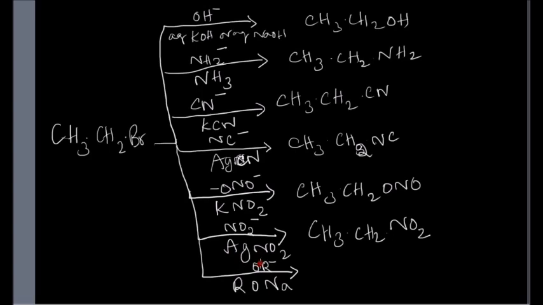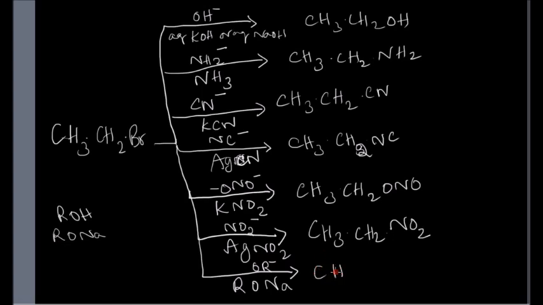To make you have better understanding of that, I'll explain it here separately. See, ROH is an alcohol. The hydrogen of any alcohol can be easily replaced by a sodium atom or potassium atom. So when you replace the hydrogen of the alcohol by sodium, you get RONa, which is called sodium alkoxide. If the R is a methyl group, this is called sodium methoxide. If it is an ethyl group, you call it sodium ethoxide. This supplies the nucleophile OR minus.